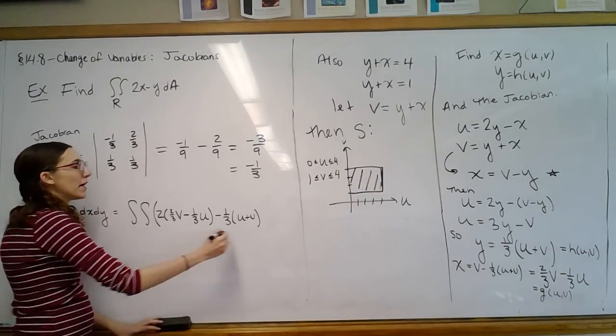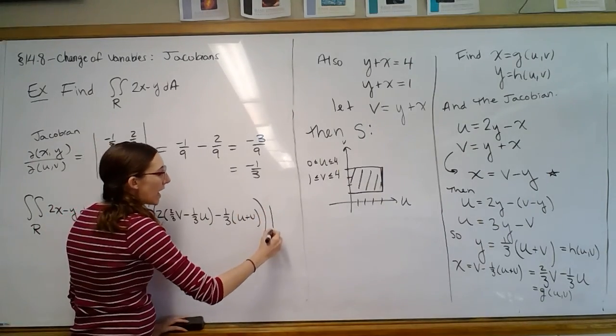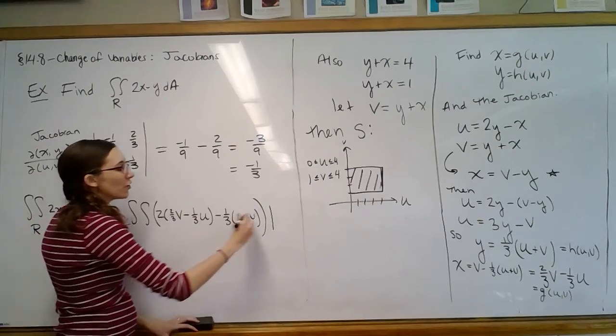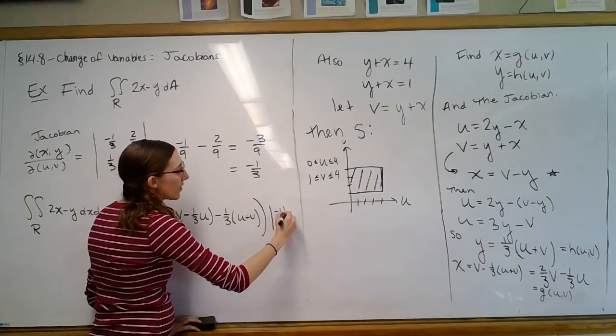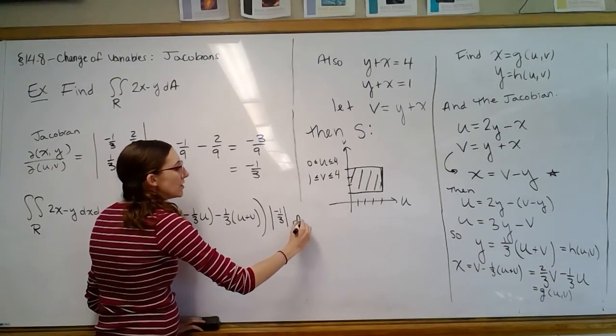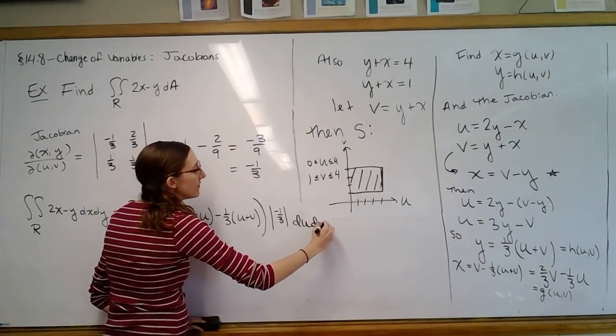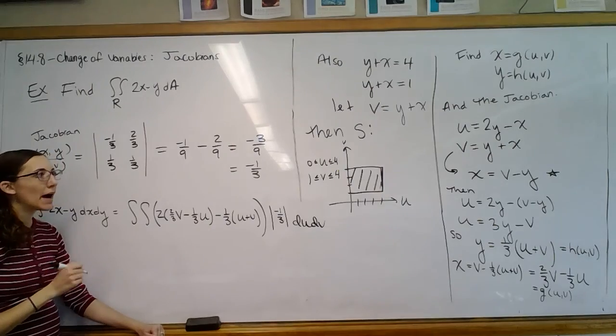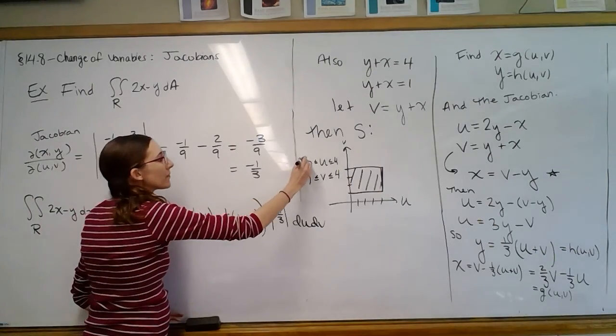Remember, we need to multiply that whole thing by the absolute value of the Jacobian, so the absolute value of 1/3. And then this is now going to be du dv, and we need bounds for u and v, but